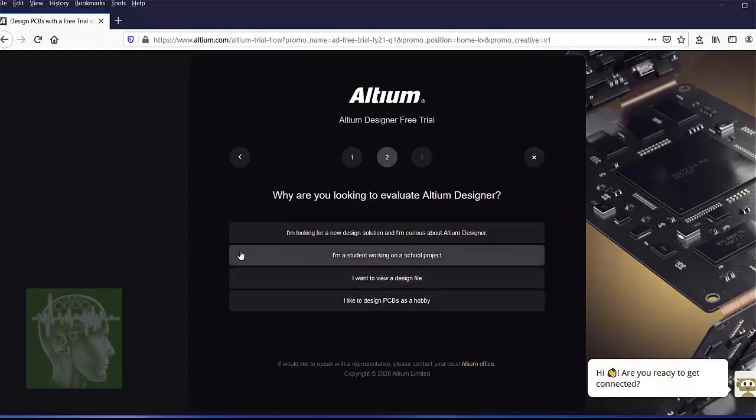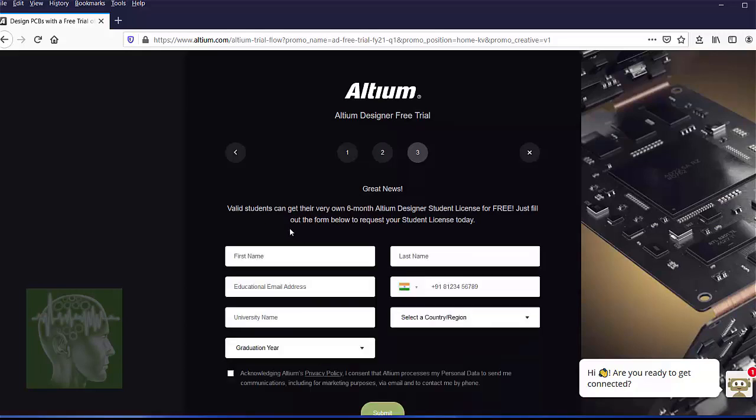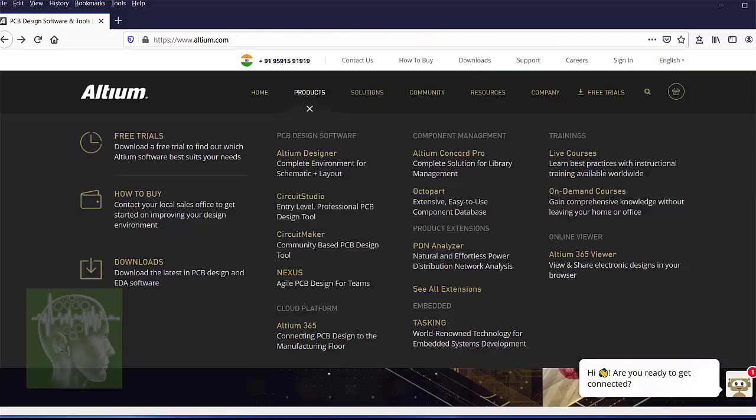Among them, the important one is the student version. There you will get almost 6 months free license. However, you can see they have multiple products like Altium Designer, Circuit Studio, and you can see multiple courses also. They have Altium 365, which is cloud-based.